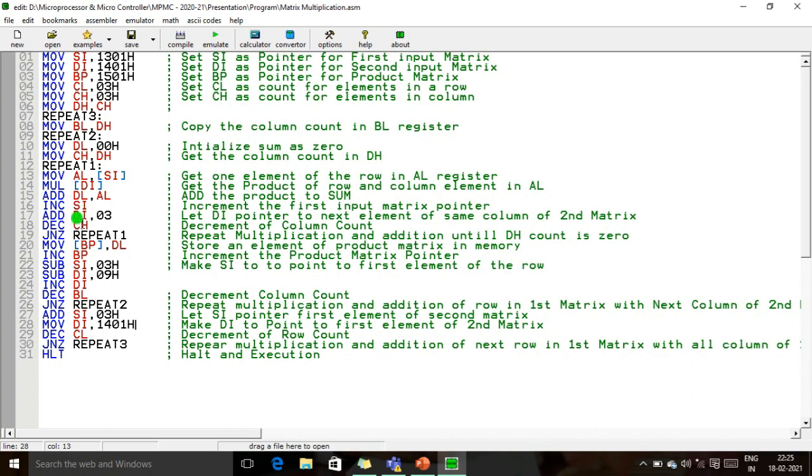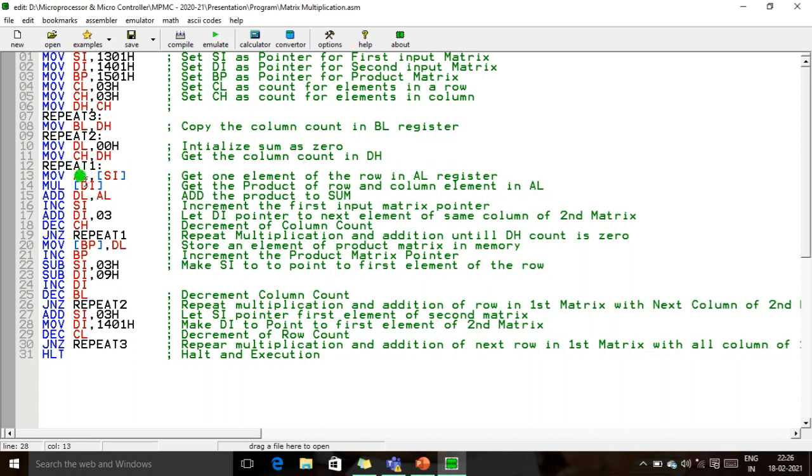Next we are going to decrement the CH. Okay. Now we are going to check the zero flag value, that is, the decrement of the CH register. It is not equal to 0. That's why this loop can be repeated. Now the DI register's value becomes 1404 and SI register value becomes 1302. Okay, the 1302 value is moved into the AL register and DI register's value is 1404. Okay, going to multiply it with the second element of the first matrix. The answer becomes stored in this AL register.